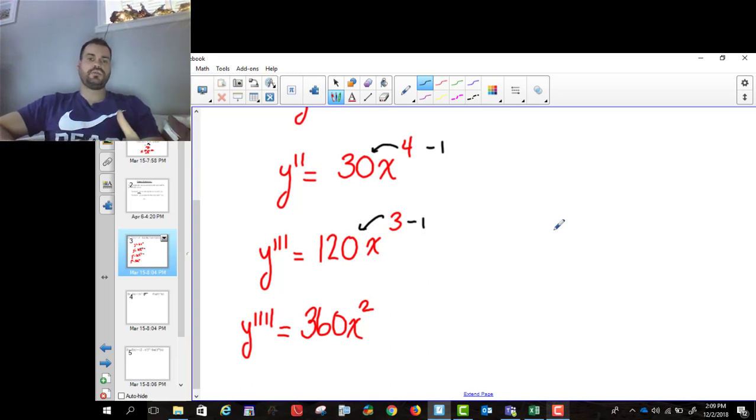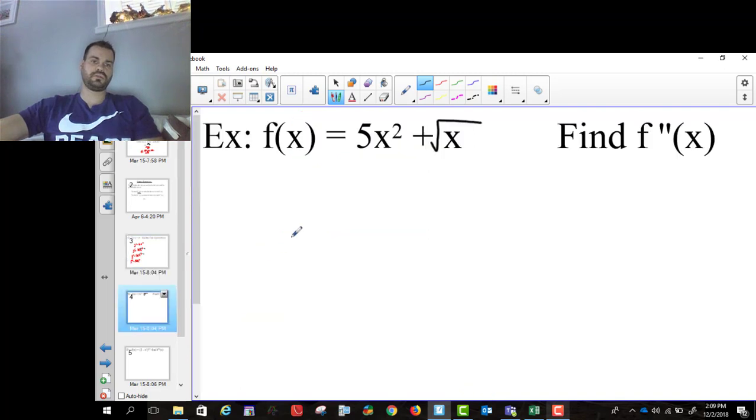Okay, I don't want to jump too quickly, but we are going to go to a function that's a little more difficult, okay, and just stay with me and I'll guide you through it. So don't worry about it too much, but you want to find the second derivative of this function. So I'm going to start with the first derivative. I think you guys can handle this pretty well. Just bring the 2 down, you get 10x,